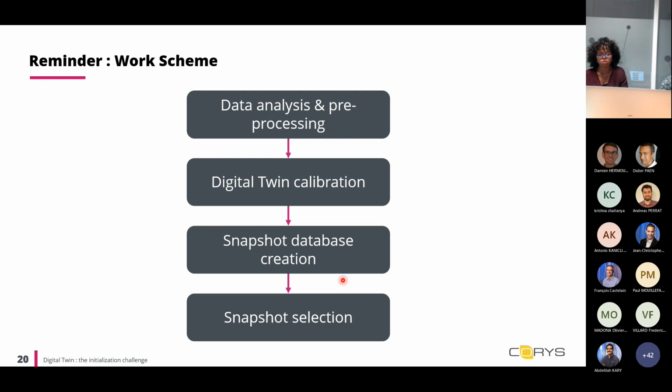Just an overview of our proposed methodology here. We have 4 steps. Basically, the first one is the data analysis and processing of the data that will be given from the real plant we are interested in. The second step is the digital twin calibration. The third is the snapshot database creation, and the fourth step is the selection of a snapshot to initialize